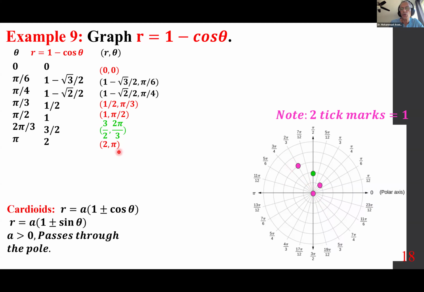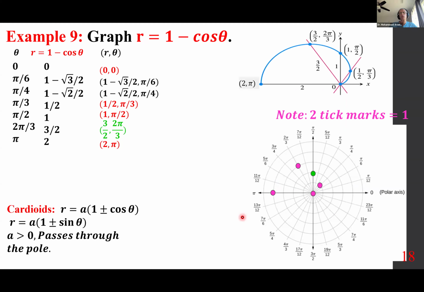And then pi, so here's pi, or 180 degrees. 2, that means go with 4 tick marks. That means go with 4 circles, 1, 2, 3, 4 circles, okay? Now, if you put them together, looks like that. You're almost done. You can pick more points, but here's what I want to go over, class, and that is